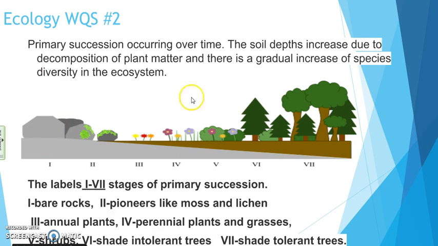And as it grows, the diversity of the ecosystem is also going to increase. So more animals, different types of animals are going to start to come into this forest as there's more shade, more places to hide, and things like that. More food starts to come, things like that. So this is primary succession.